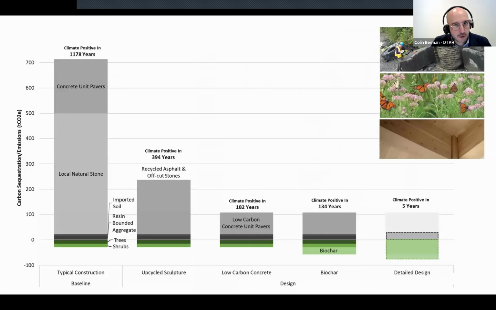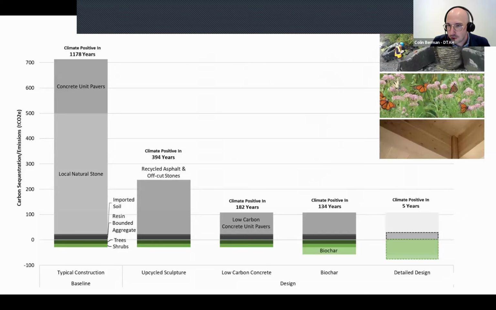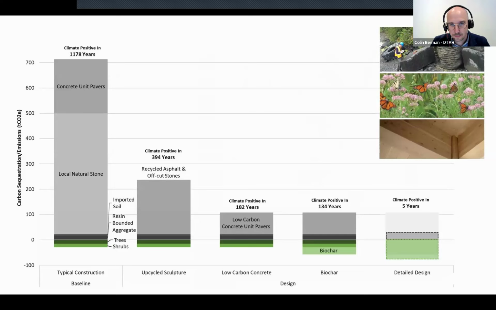Our intertwined ecological and cultural design strategy was also underpinned by a robust carbon plan. We discovered that our initial design, straight from our first team workshops, would become climate positive after 1,200 years, which was unacceptable. This led us to explore alternatives. One key solution was repurposing existing materials. We considered how to manage the construction and demolition waste from the site. We also proposed to reuse asphalt and stone from nearby projects, keeping them out of the waste stream. This decision alone avoided around 475 tons of embodied carbon, significantly reducing our carbon impact.